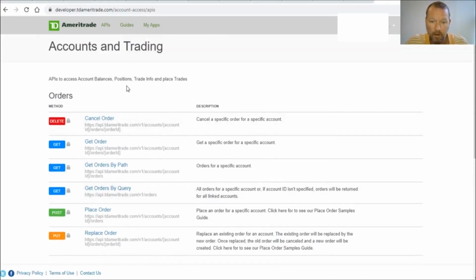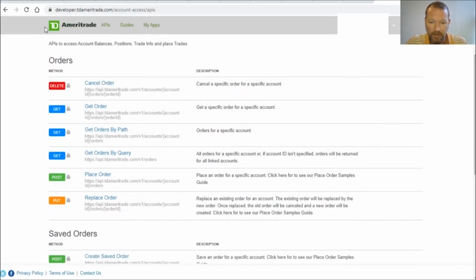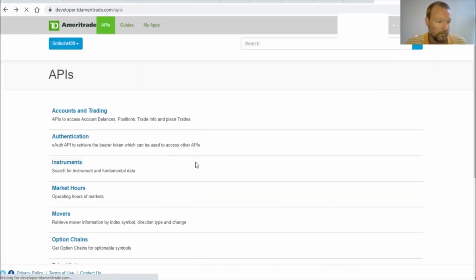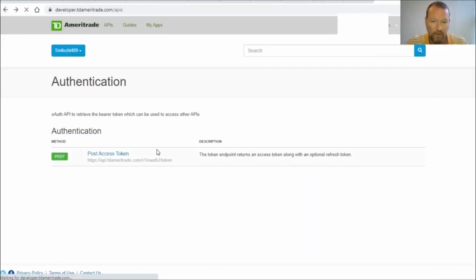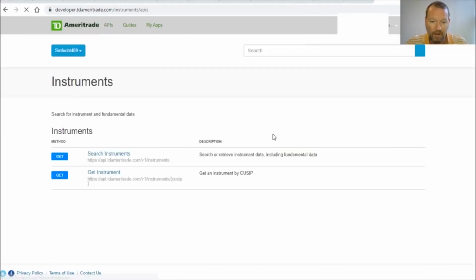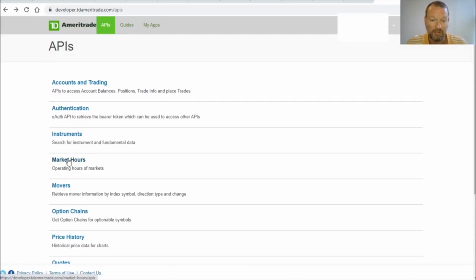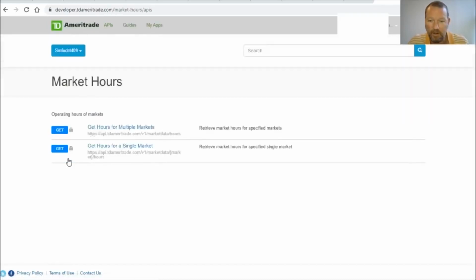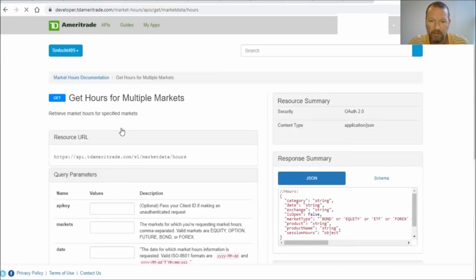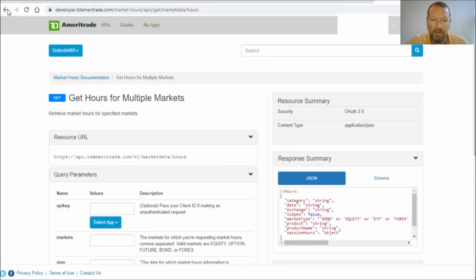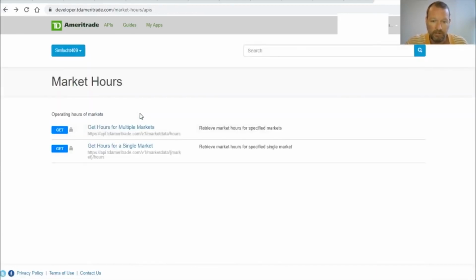All right. But here are the accounts. Here are the APIs of how to trade, place an order, cancel an order. You have your authentication token right there. Here's the instruments. And most of these, as you'll see, especially like markets, and I'll show you another way, you're going to have one for a single search and then multiple searches. So you can look at the multiple markets because there are many, many markets around the globe, not just the